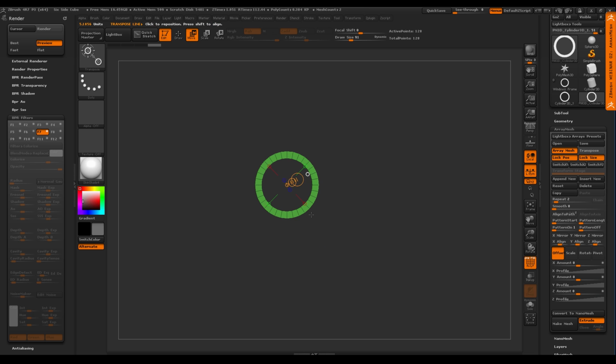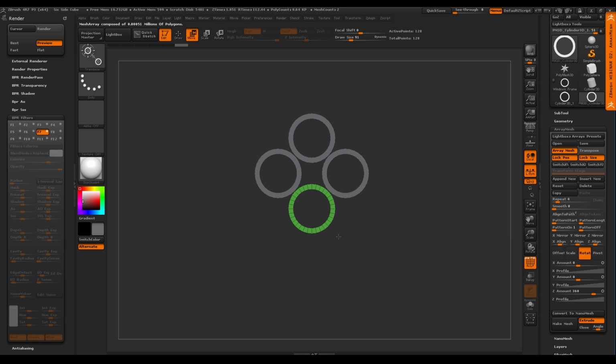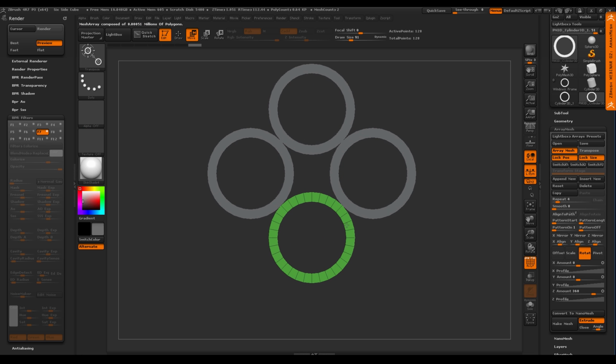I'm going to turn on the transpose line. I'm going to say, hey, I'm going to pull this straight down the center. All right. I want 4 of them. Okay, there's 4 there. I know I'm along the Z profile, so I want to rotate along that Z. Let's say 360 again. And now when I pull down, I get my rings. Right? So I'm just trying to make them so they kind of match a little bit close here.